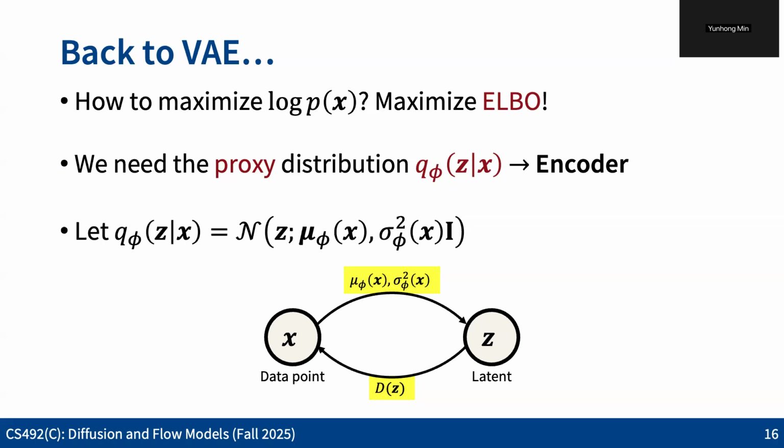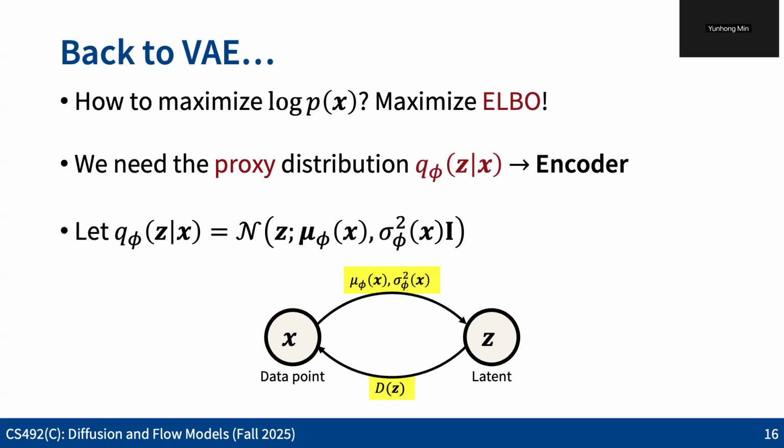And we also need to learn the proxy distribution, the variational posterior, which is also modeled as another Gaussian distribution. In this case, we predict both the mean and the variance like this. And what we have seen in the previous slide is that we are learning this in a way that these two become closer to the